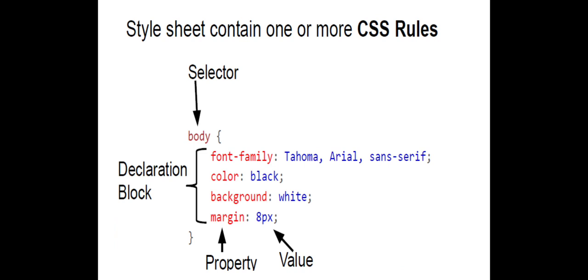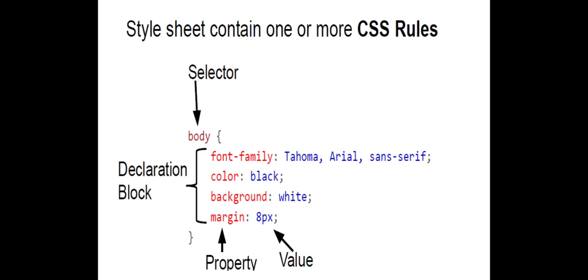It has some syntax rules where you can see the body tag, and it has some attributes and the values given for the body tag. This helps the particular web page to be designed in this format. Here body is a selector. Selector means where we have the HTML related tags. In place of body we can have the H1 heading tags, then the P tag. All those tags can be included as part of a selector.